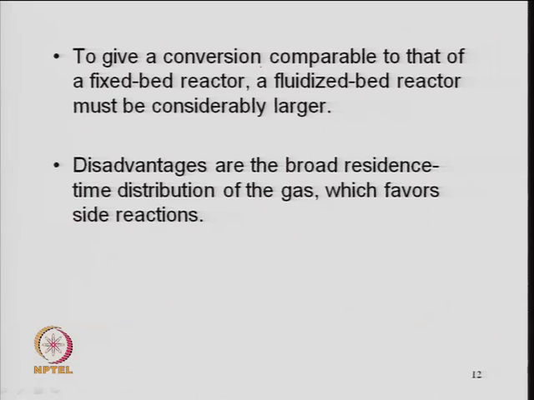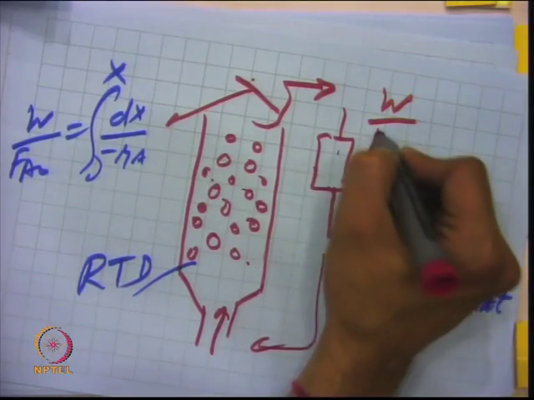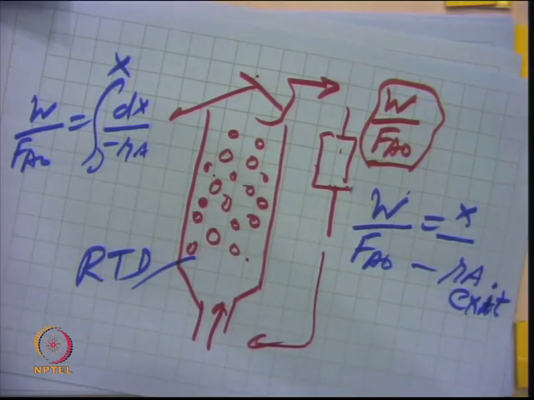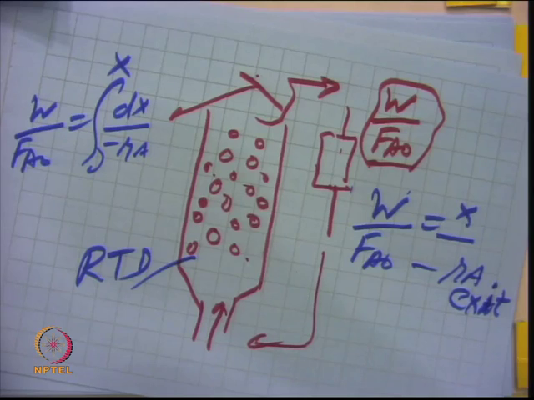So, this is one issue here, that to get a comparable conversion with respect to a fixed bed reactor, you need a larger mass of the catalyst in the bed, right. So, W will be larger, or the size of the fluid bed reactor will be larger. Otherwise, the average residence time we are again calculating by the same number, something like V by V naught or W by F A naught, right. This is the mean you talk about here, right. So, the mass of the catalyst in the bed is to be found for a given conversion, and this mass of the catalyst will be higher compared to a fixed bed reactor.